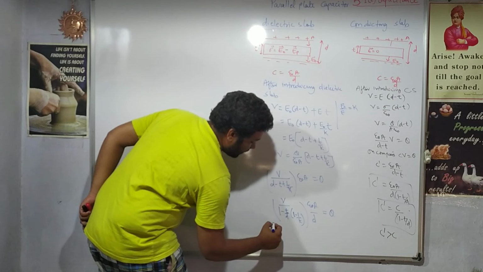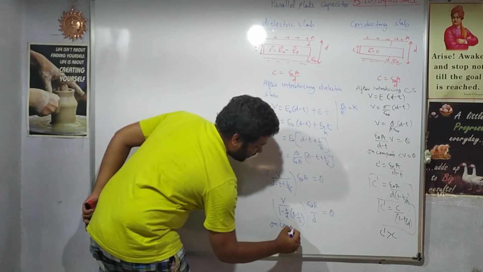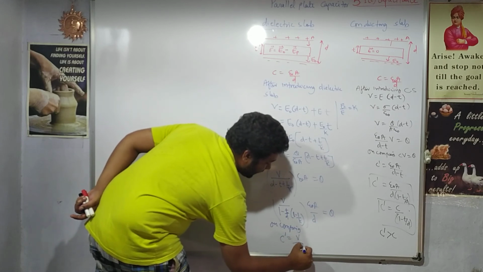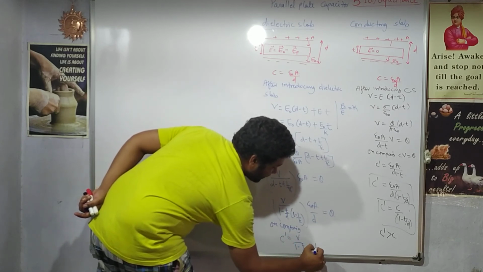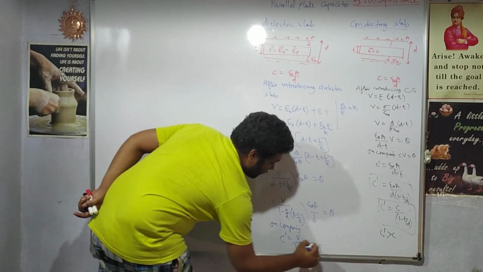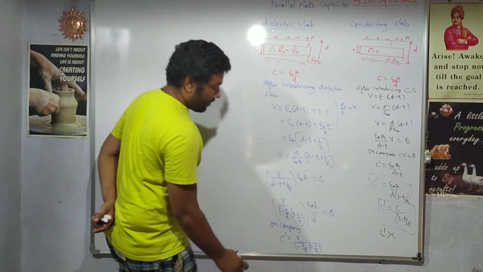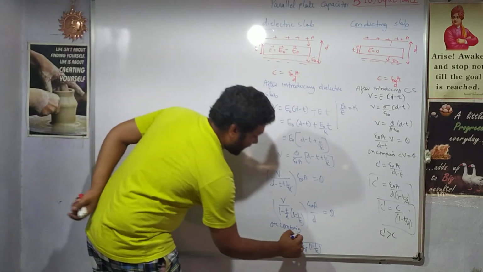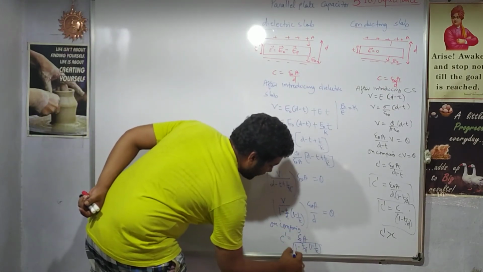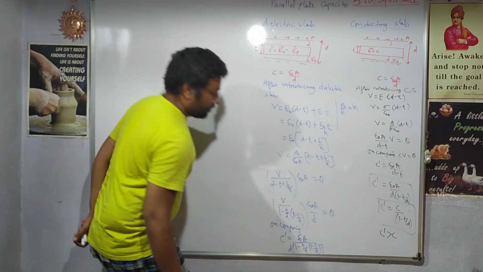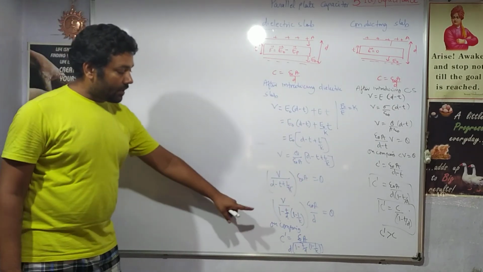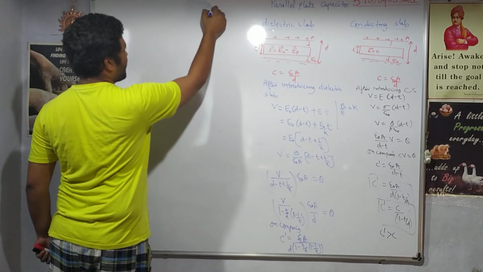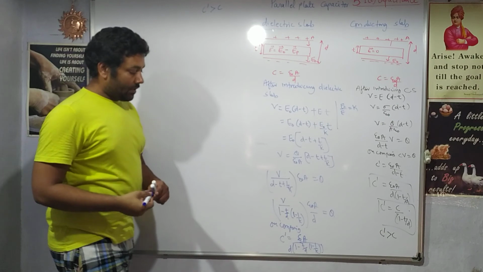Now after comparing, what is the new capacitance? It is C by 1 minus t by d into 1 minus 1 by K. New capacitance is given by this equation, epsilon naught A by d into t minus d by K. This is the new capacitance. So obviously again we conclude that the new capacitance C dash is greater than the C. That is obvious from the equation.